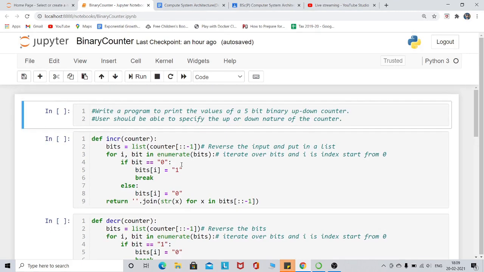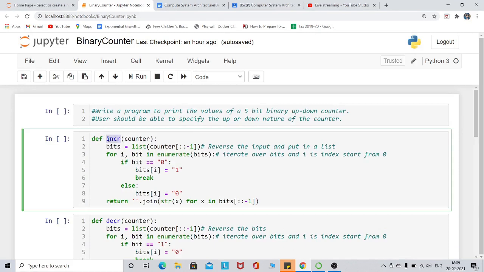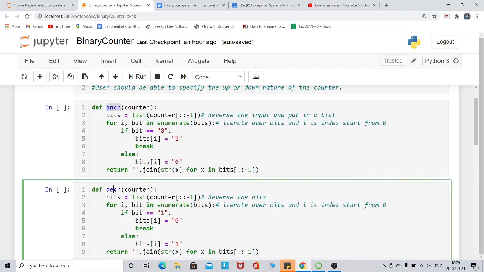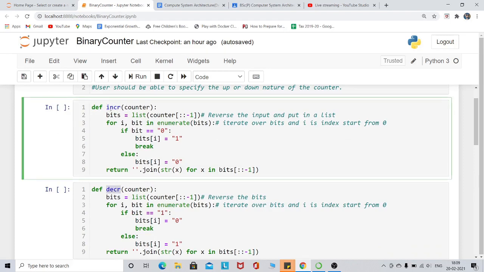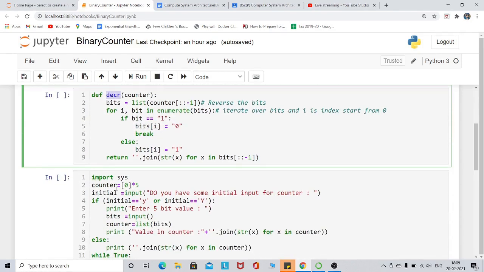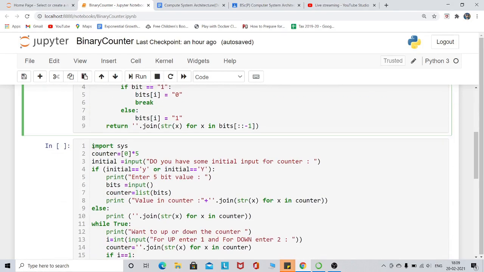So I have created two functions here, one for incrementing the bits, and another for decrementing the bits. You can write any name, whatever you would like to write here. So I have written an increment function and a decrement function. Then I have written here the code for